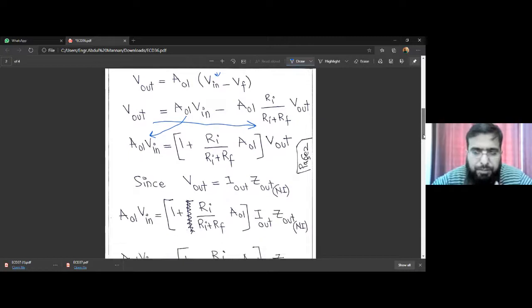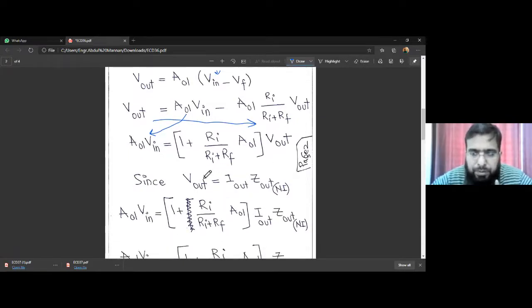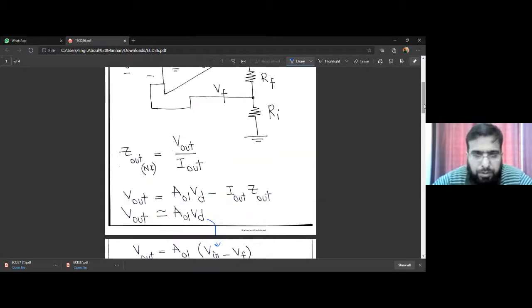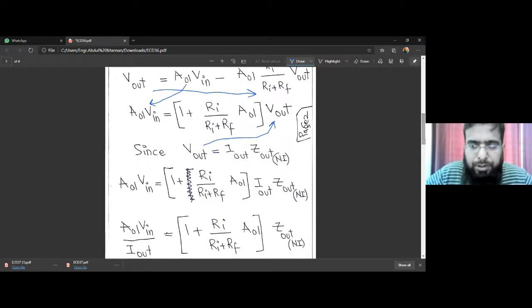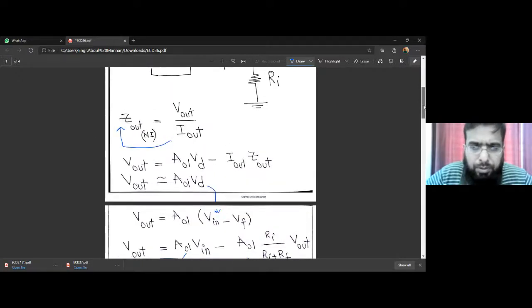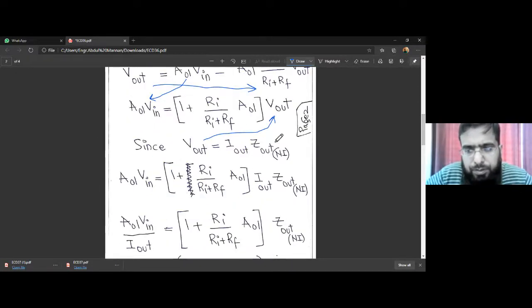Since this V_out can be replaced with I_out Z_out,I, because this was our starting point, that V_out is I_out times Z_out,I. So V_out is replaced with the starting point I_out Z_out,I. If you plug this value here, we are left with this, and if we divide by this I_out here,